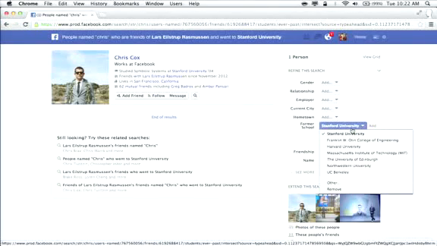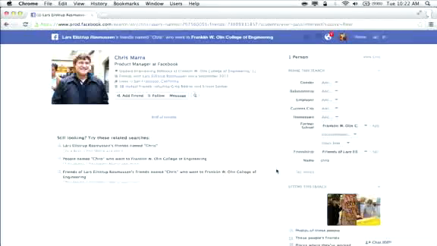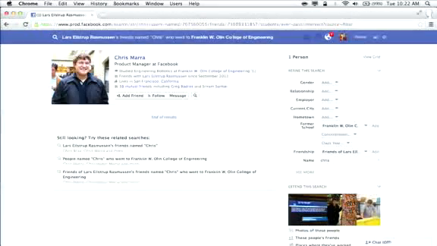And so let's say actually this wasn't the Chris I was looking for. He didn't go to Stanford, he actually went to Olin. So I'll change Stanford to Olin, and now I get a different Chris. And this is the Chris I wanted, Chris Mara. In the same way that whatever I type in the search box gets reflected in the tools, when I changed this to Olin here, it also changed up here in the search box. And so this way, we're kind of helping users understand what you can do in both places.